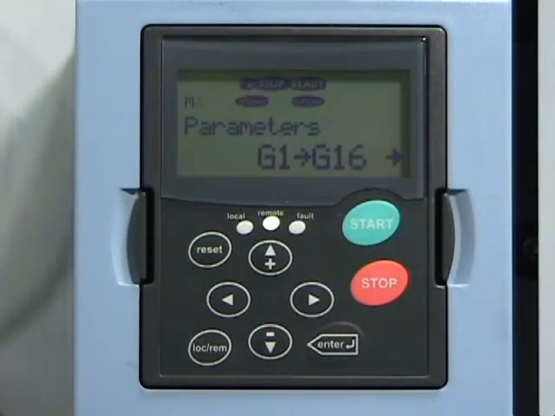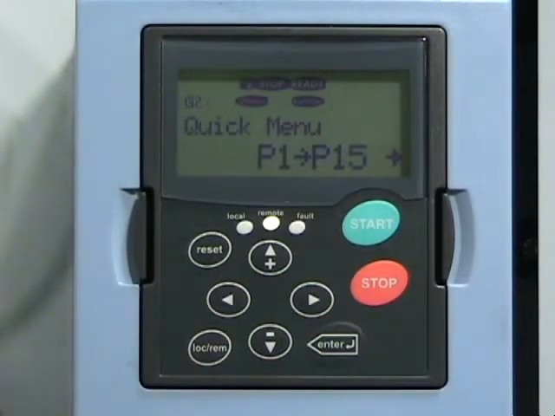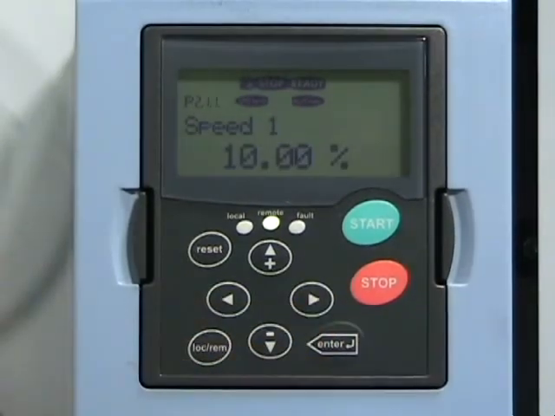To enter this menu, press the right arrow key. This will highlight G2.1 Quick Menu. To enter this menu, press the right arrow key. Now, using the down arrow key, highlight parameter